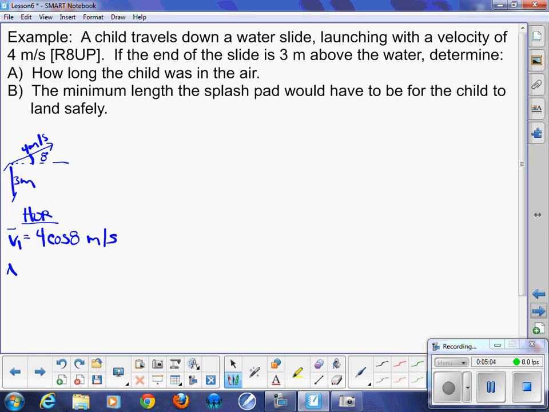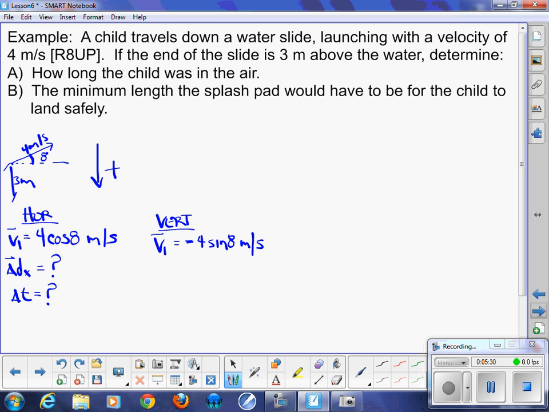Horizontally, I don't know how far the child will travel, and I don't know how long the child was in the air. Vertical information here, I know the initial velocity, and I'm going to assume, again, down is positive, which means that my launch velocity, or V1, they're heading upward, so I'm going to have negative 4 sine 8